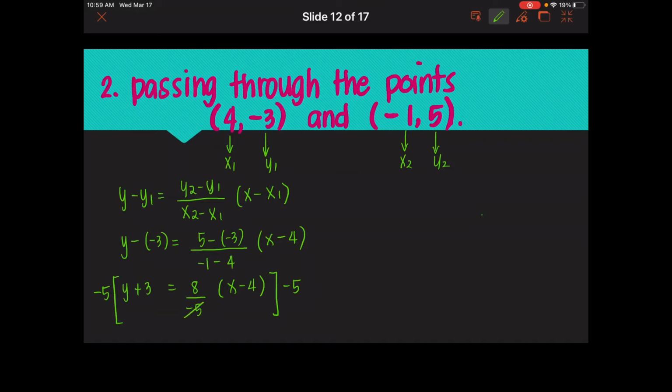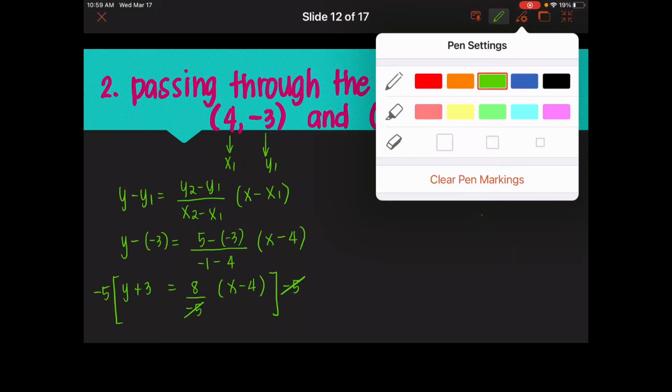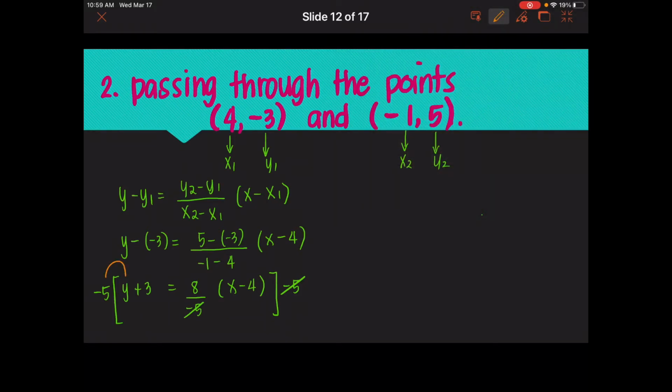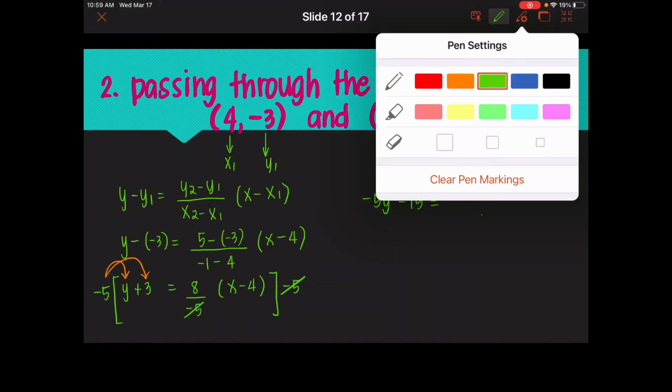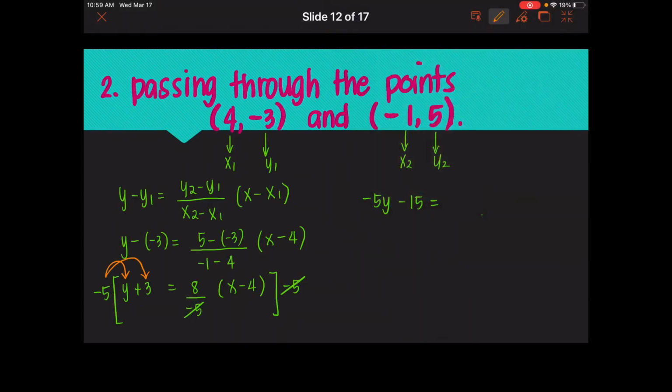So negative 5 here will be cancelled. And then we will just distribute negative 5. So this will become negative 5 times y, and then negative 5 times 3. So negative 5y minus 15 equals, in this one, since negative 5 is cancelled,